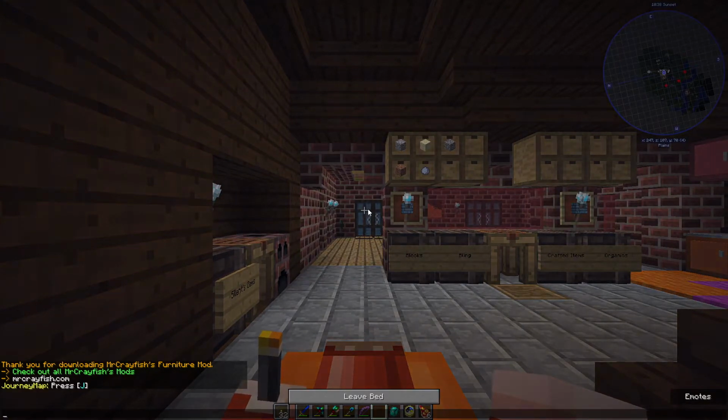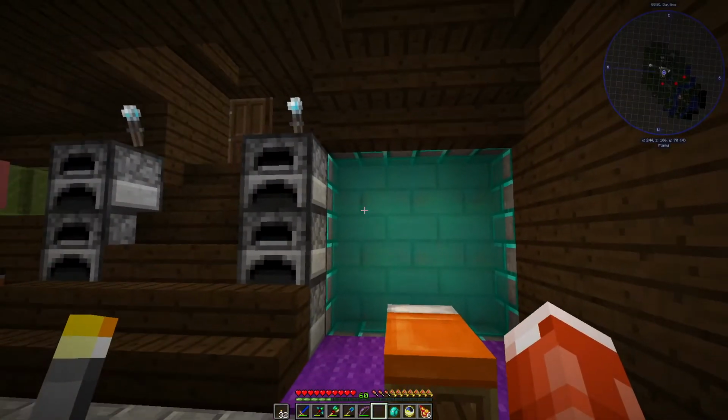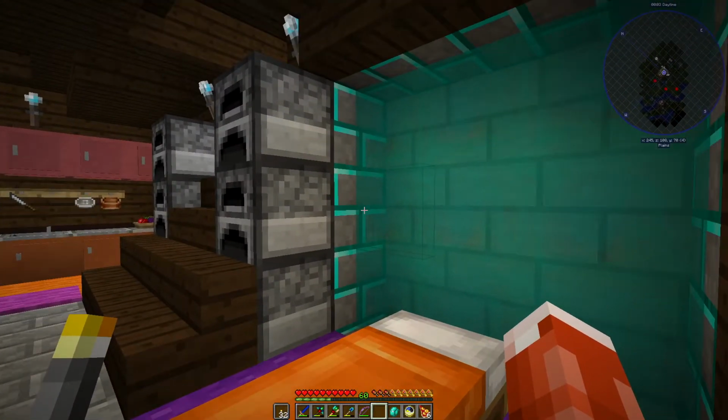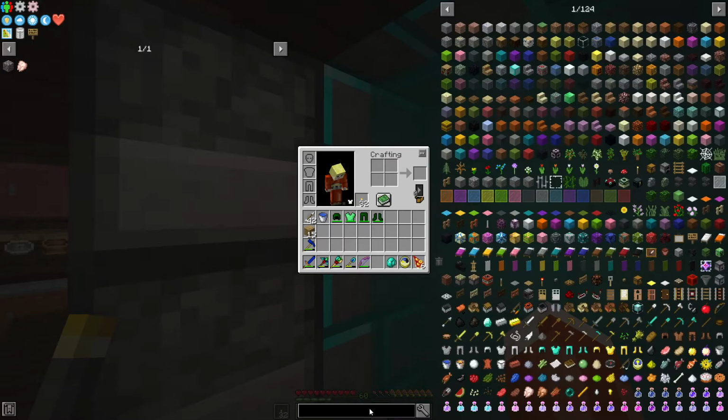And you might have noticed very quickly there, this glowing portal behind me. This is the mining world. These are portal frames. If we go to Aroma's 1997's Dimensional World,